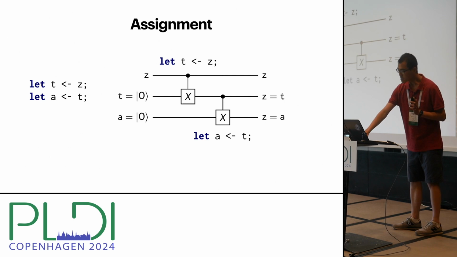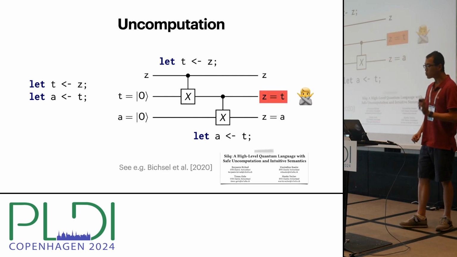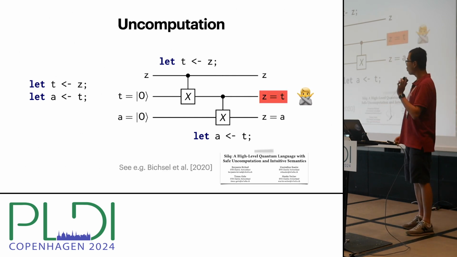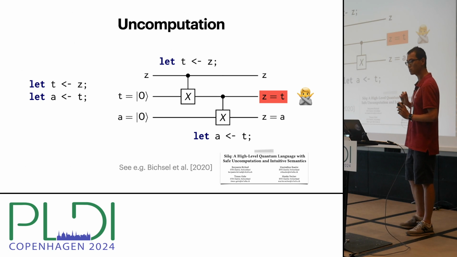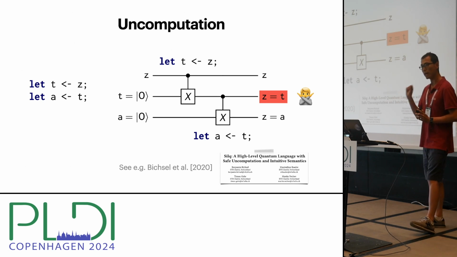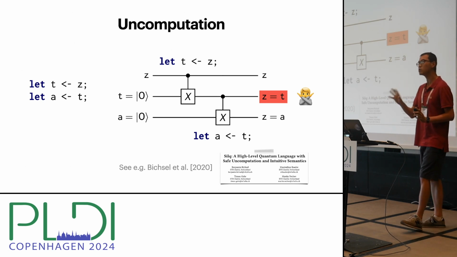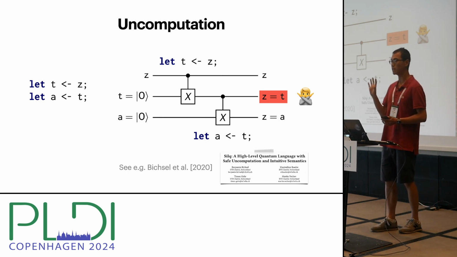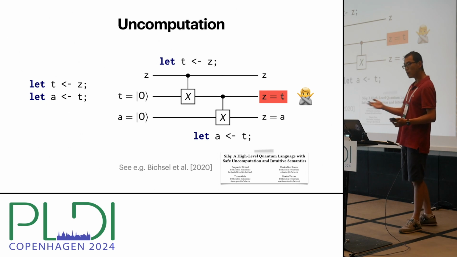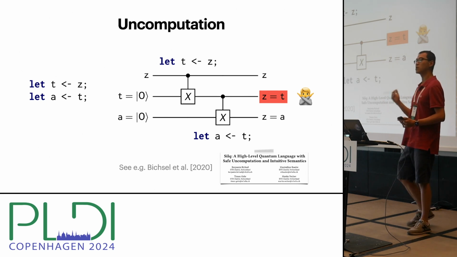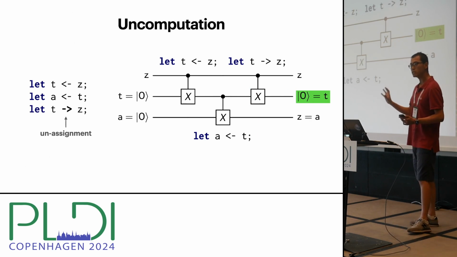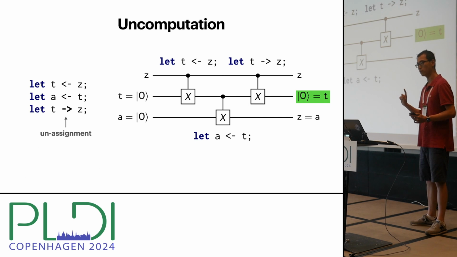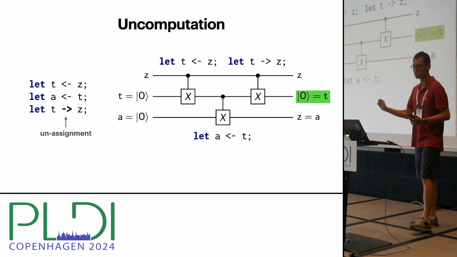Now, for some technical reasons, quantum algorithms will not in general want the state of a temporary variable, like the t variable in this program, to be non-zero at the end of a program. It turns out that when this is true, the quantum algorithm will in general give an incorrect result. And to resolve this issue, what you have to do is a process called uncomputation, which is essentially reversing the sequence of bit flips that happened on that temporary variable to restore it back to the 0 state by the